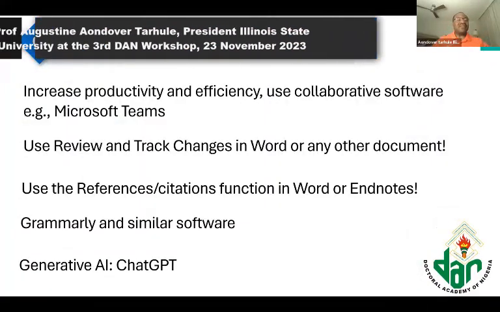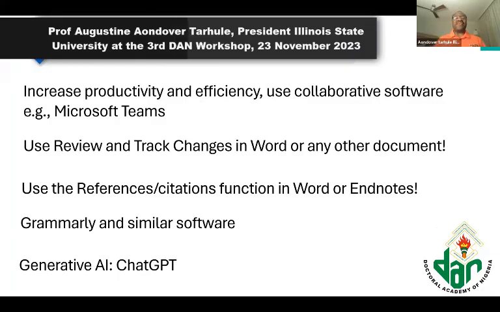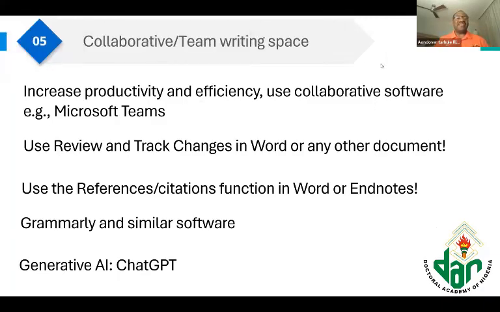So I want to speak about 4 things that I think can really help with your research. One is to increase productivity and efficiency. And in order to do so, use collaborative software. The reason I say this is a few years ago, I was part of the